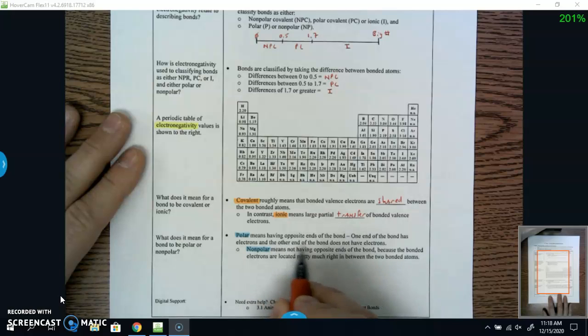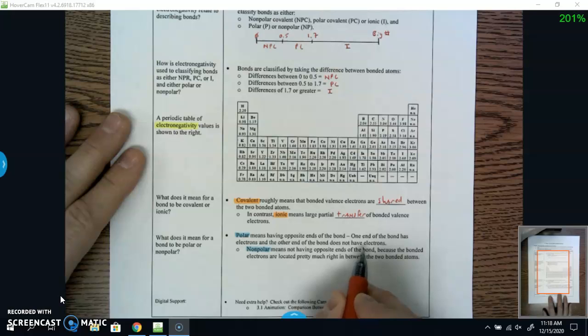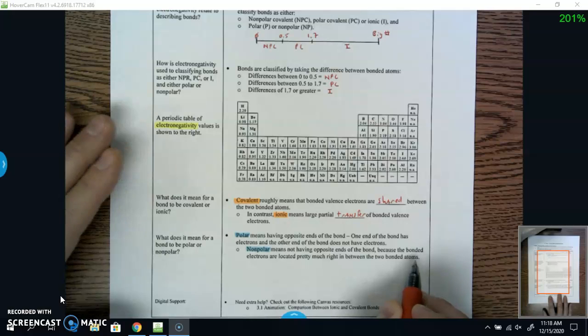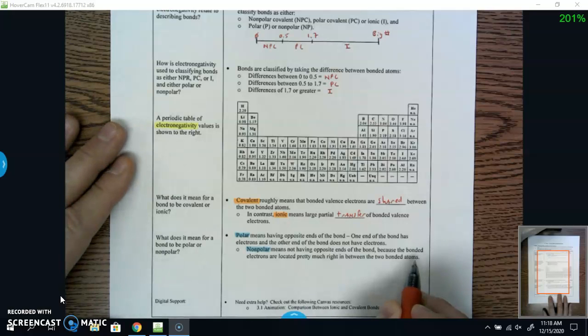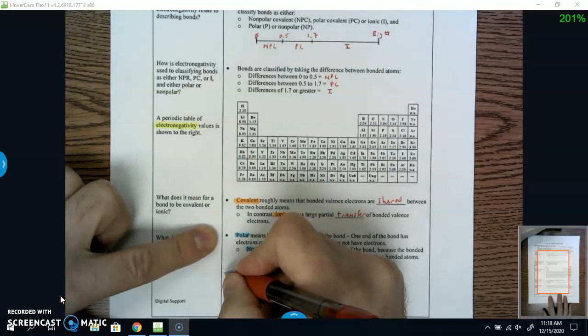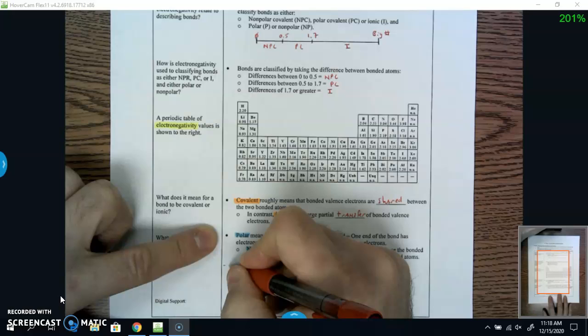Nonpolar means not having opposite ends of the bond, and this happens because the bonded valence electrons are basically located right in between the two bonded atoms. So let's go ahead and take a look at a couple of examples. We'll take a look at two polar examples first. Okay, so a polar example would be like